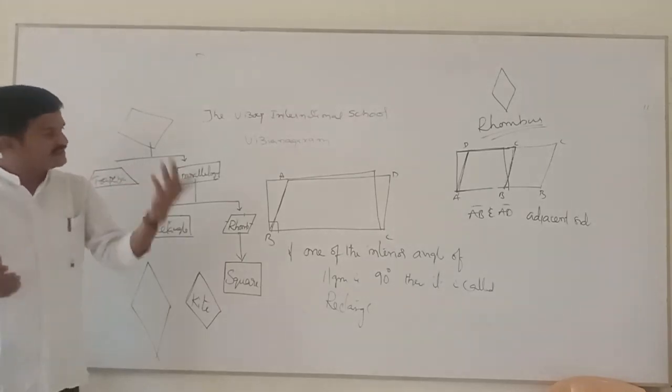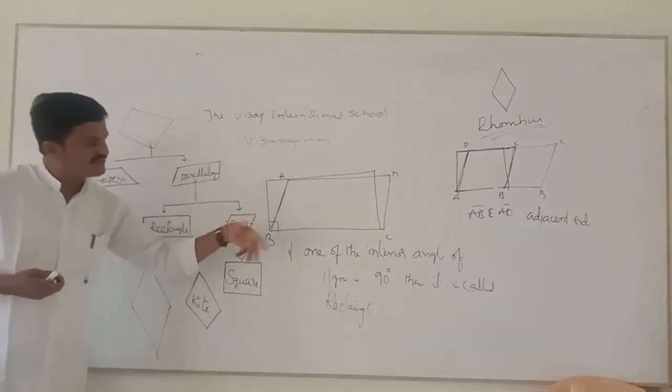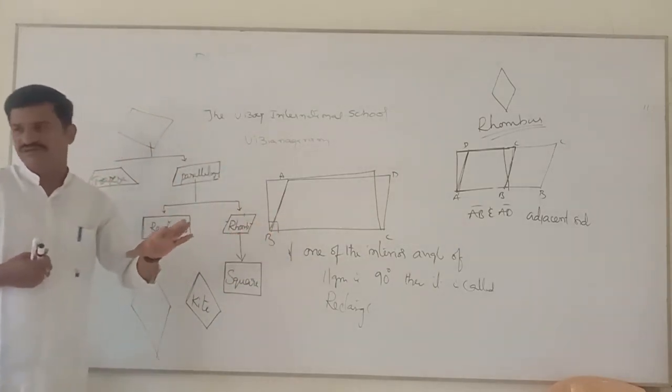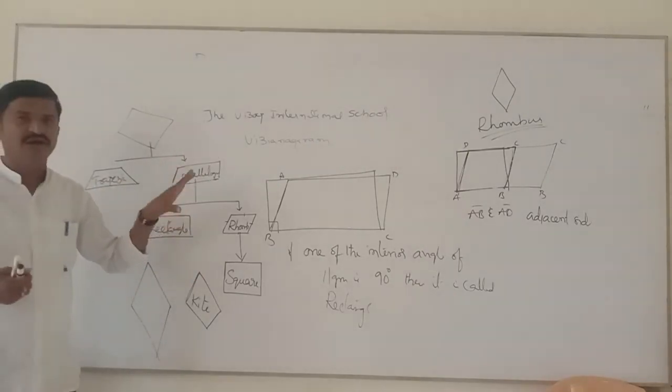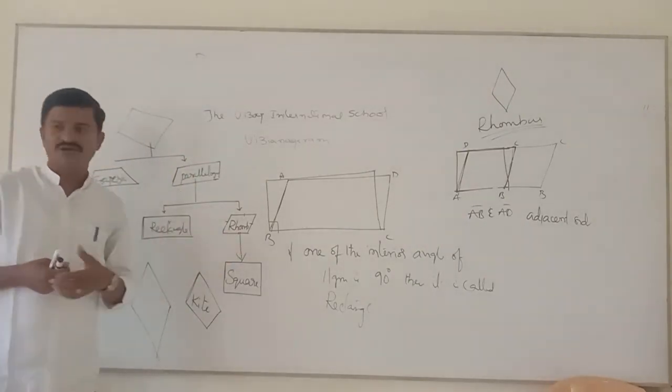Okay. And next, in the further classes, we will see how to construct the quadrilaterals, what the different parts are, and what the different types of properties are. But mostly you have to remember all the properties of a parallelogram. Is it clear or not? And now the rest of the children, based on this video, you can prepare the notes. Okay.